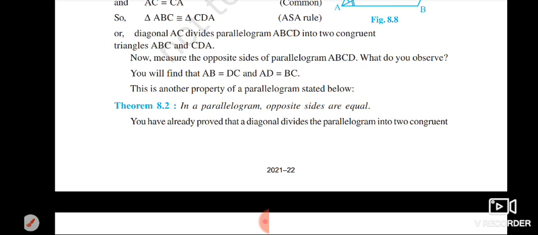See, for each and every theorem you don't have to prove it. For the theorems whose proofs are given in your textbook, you only have to prove those. Next, you just have to read it and remember the statement only. Then after, next